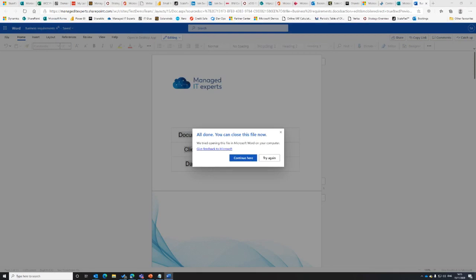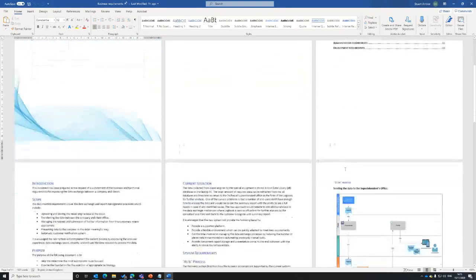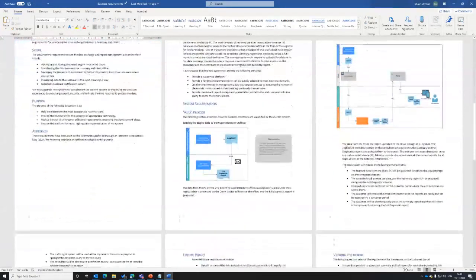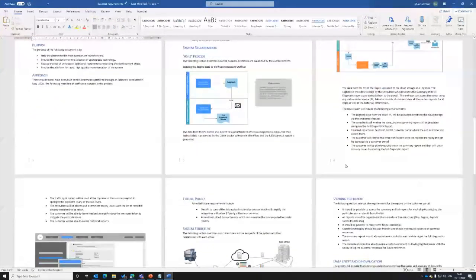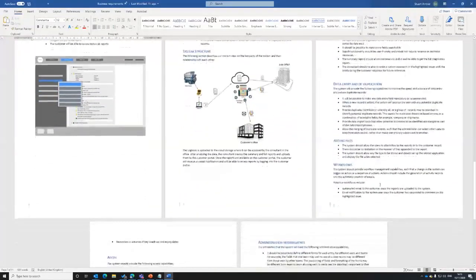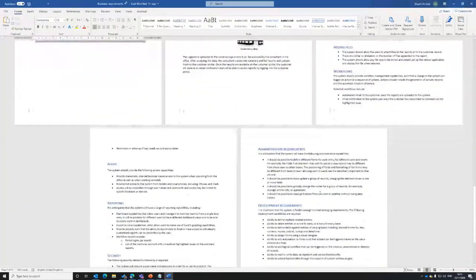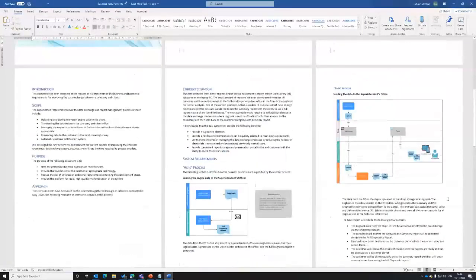So I can see the document here. I can review this, go through all the information, make sure it's correct in terms of what we gathered from the requirements meeting. I can make sure that there's nothing missed from my point of view, from the commercial point of view, because this is a very technical document that lists all the technical aspects of the process and the project. But I can also look at it from the commercial point of view.